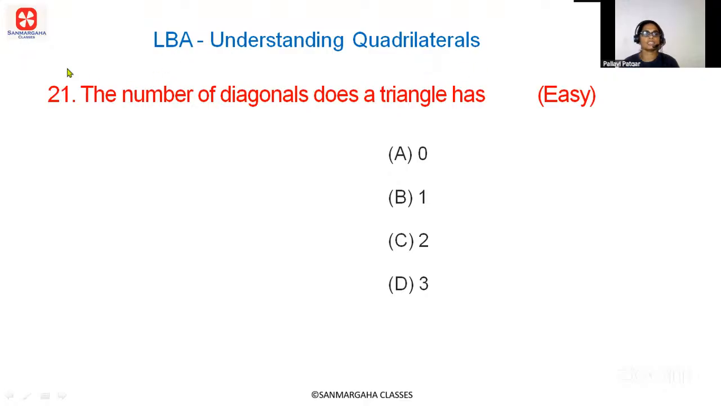In this chapter, look at the question number 21. The number of diagonals does a triangle have? Okay, option A 0, B 1, C 2, D 3. Okay,